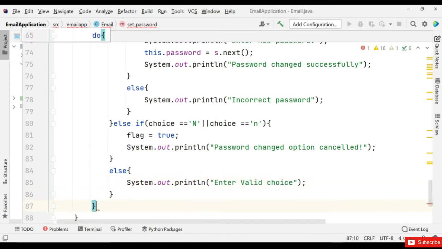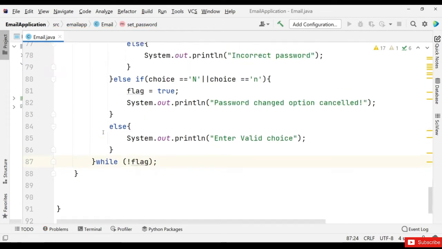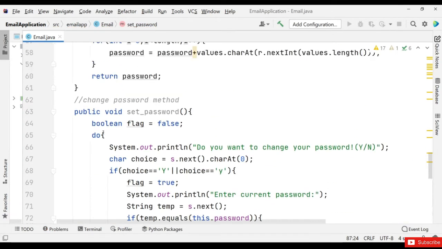And after this I will end the while loop with a similar condition, like the flag, and that's it. Now we are done with our set password method. This is the biggest part, as you know. So what I did is